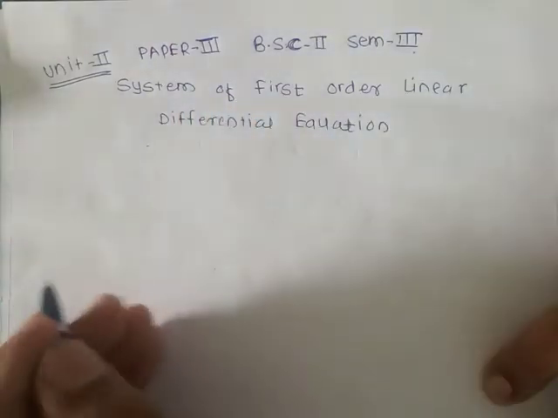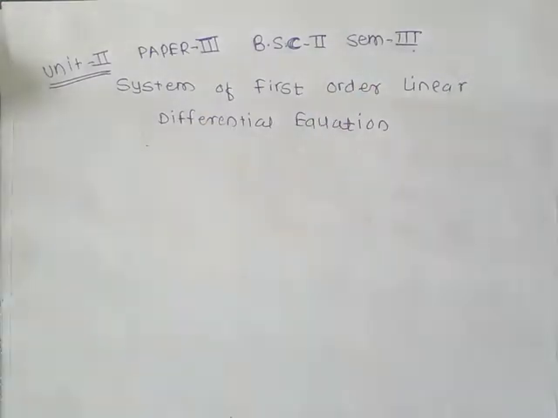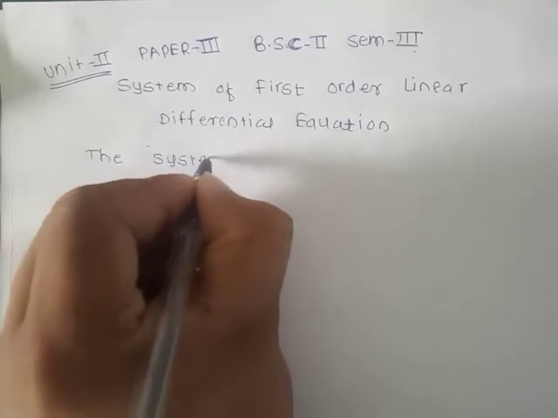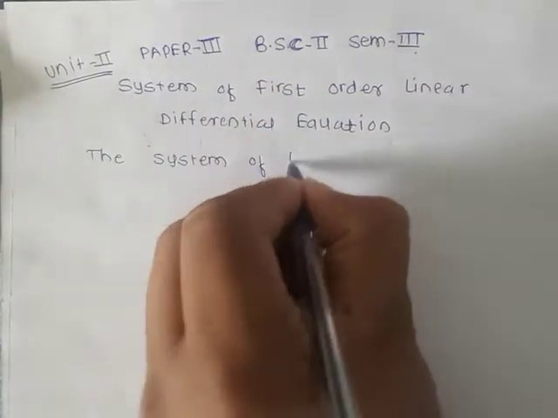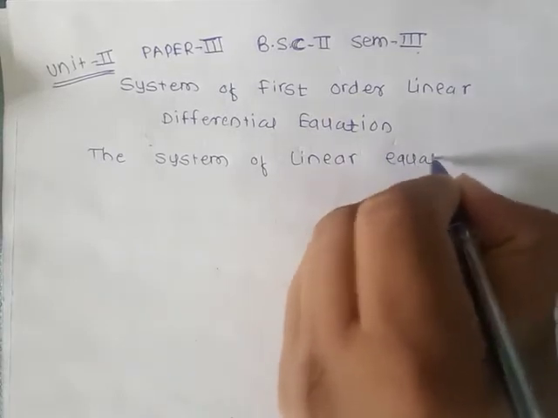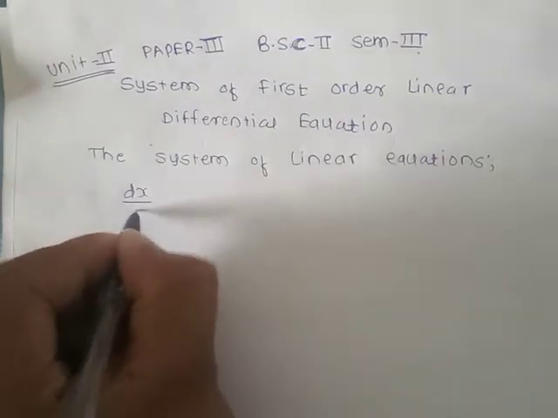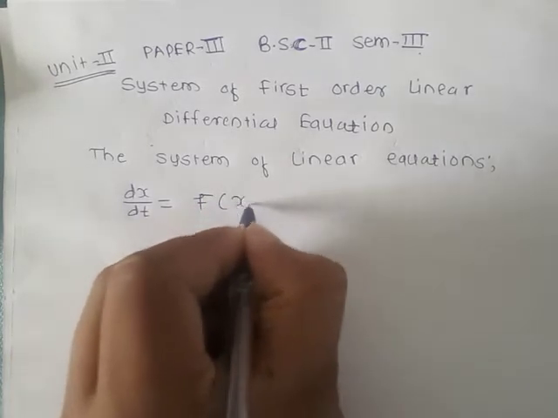जनरल फॉर्म काय आहे त्याचा? द जनरल फॉर्म इज द सिस्टम. म्हणजे एकापेक्षा जास्त इक्वेशन जेव्हा एखाद्या एक्सप्रेशनमध्ये येतात तेव्हा त्याला सिस्टम म्हणतात. द सिस्टम ऑफ लिनियर इक्वेशन्स dx by dt is equal to capital F of x comma y comma